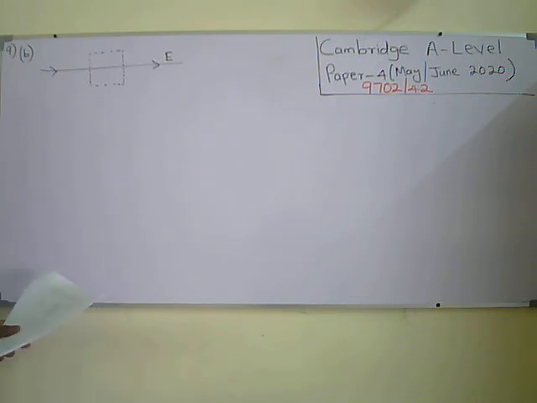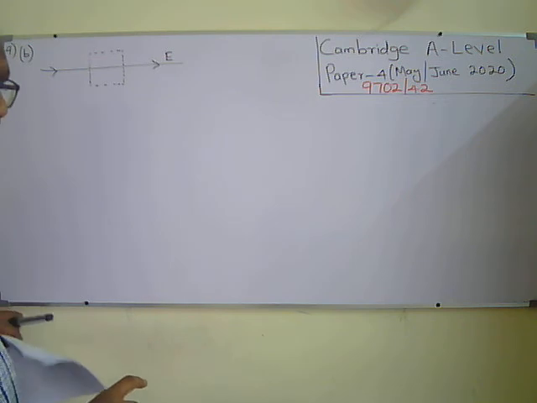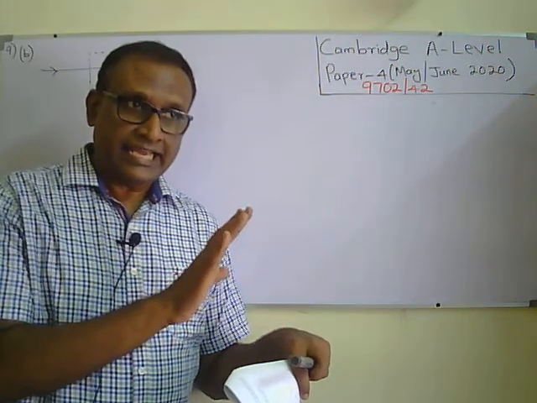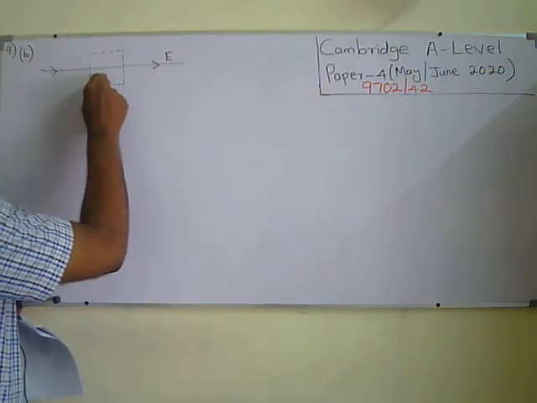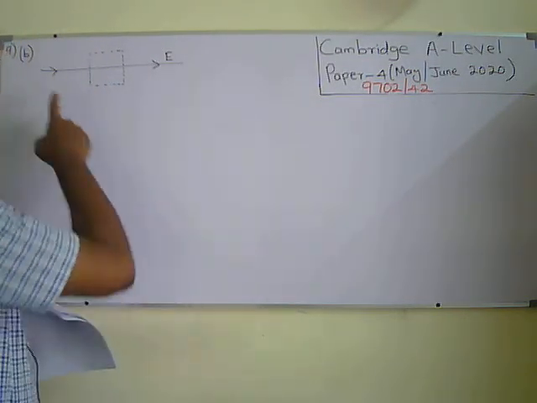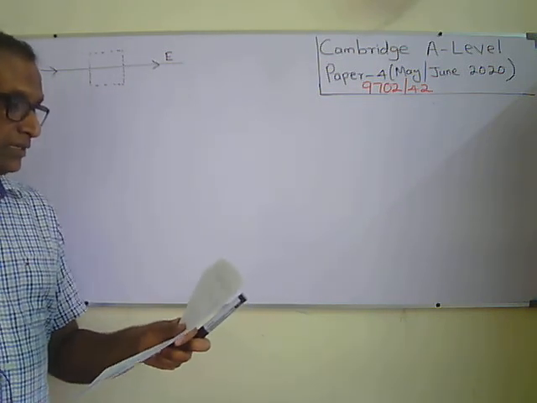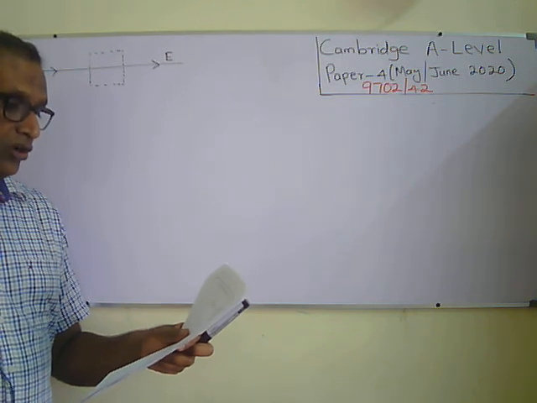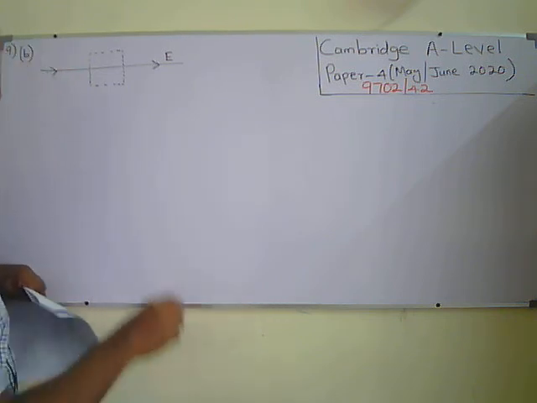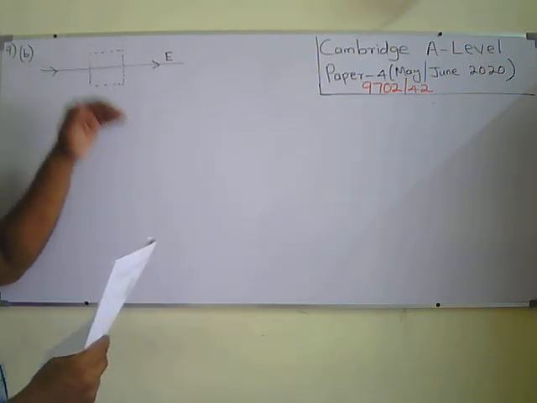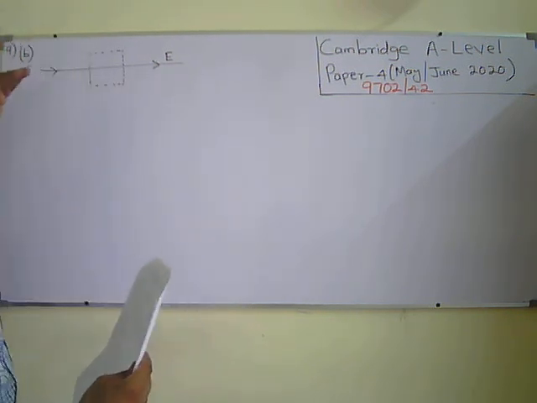Okay, so B part, question number 9, they are giving this diagram and they are saying in this region both electric field and magnetic field are there, the same magnetic field as earlier, but now electric field is also applied here. So now the electron is moving on a straight line without changing its direction. So the first part, mark with an arrow the direction of the uniform electric field inside this region. So earlier we know that when the electron enters into the magnetic field, it experiences a force in the downward direction, is it? That's the reason it starts to bend.